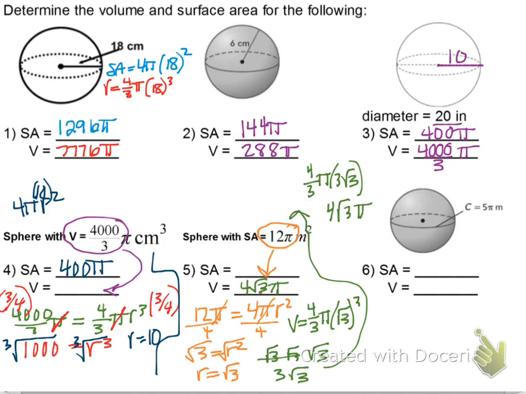Okay, this next one is giving you, notice what it says here, C equals 5 pi. So C, that is your circumference. And circumference is 2 pi r. So I'm going to say 2 pi r equals 5 pi so that we can figure out what the radius is. Those pi's cancel out, and if you divide by 2, then r is 2.5. Then you would just plug that back into those formulas. And if I do that,